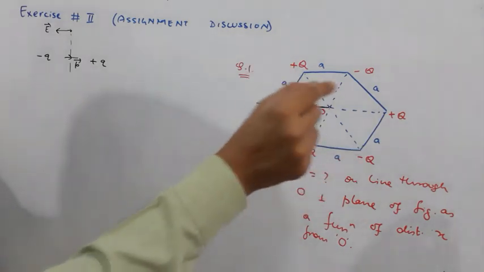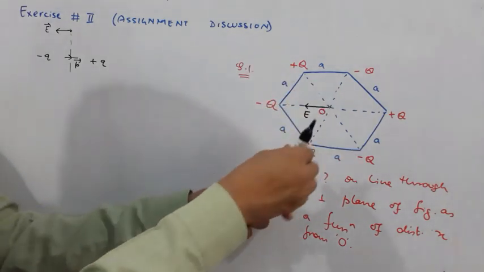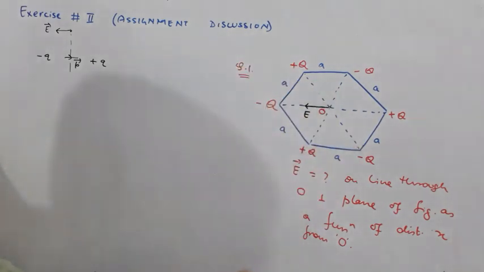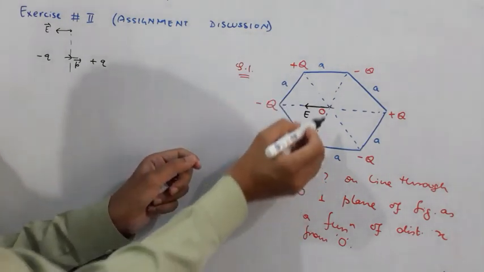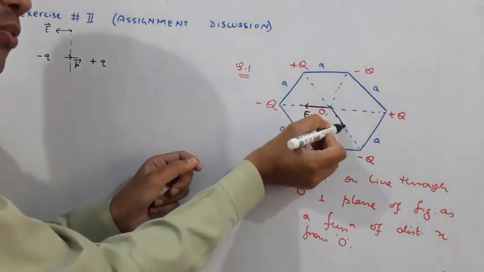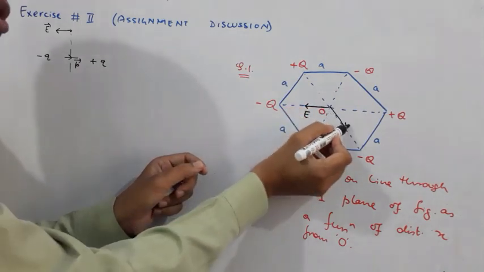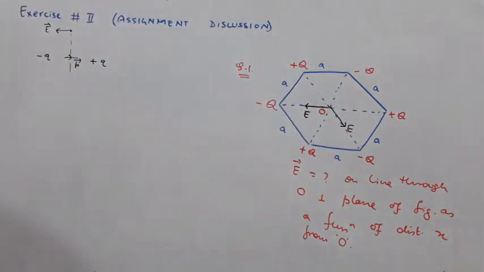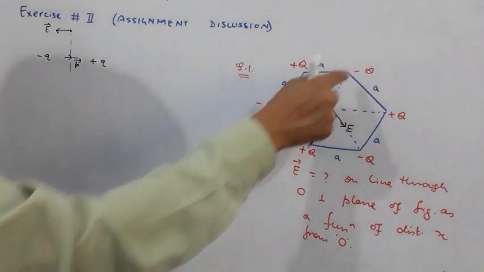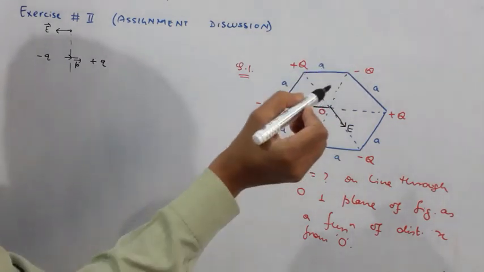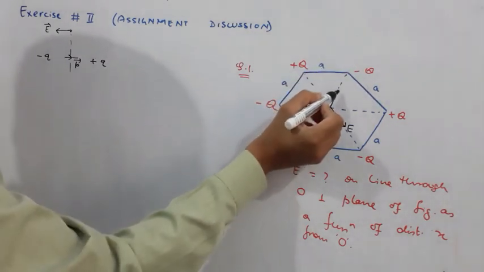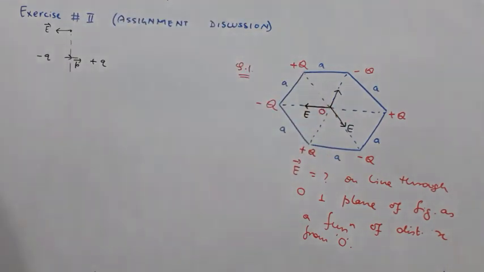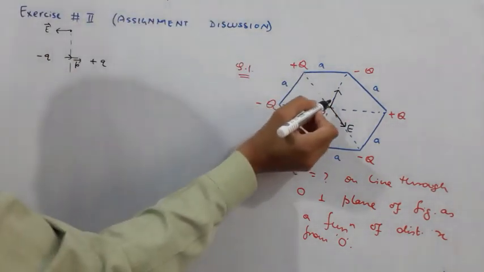Likewise, for this dipole at this point, this is minus Q to plus Q, that is the direction of dipole moment. So opposite to that, this should be the direction of electric field. Value by symmetry, we can say that must be E. Likewise, due to the third dipole, the electric field at this point should be in this direction. Now we have 3 vectors.